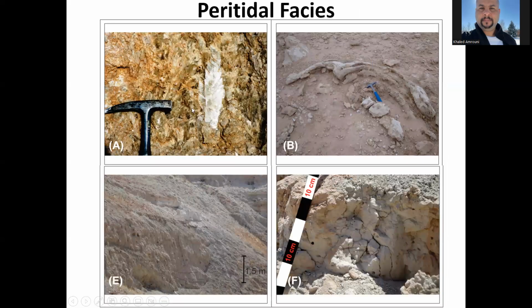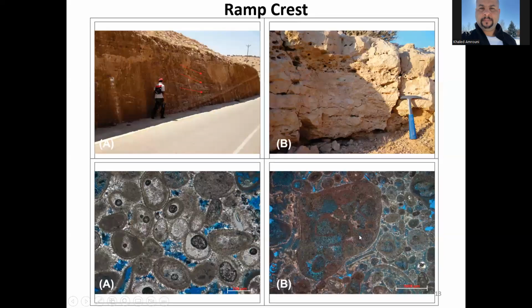Here, peritidal facies. This is selenitic gypsum, evaporite, A, B. Picture B is microbial facies, E, shale, green shale, F, sandstone, fine sandstone. And here, ramp crest facies, we have clinoforms, solitic clinoforms, and this is the section for it below, A. B is oolitic grainstone with some microbial. We see fenestral birdseye, fenestral porosity, and the thin section shows